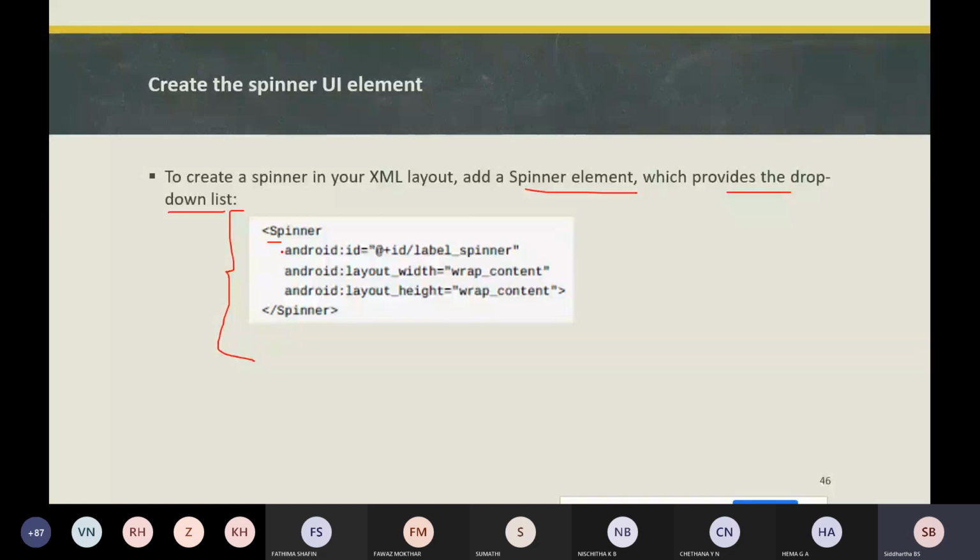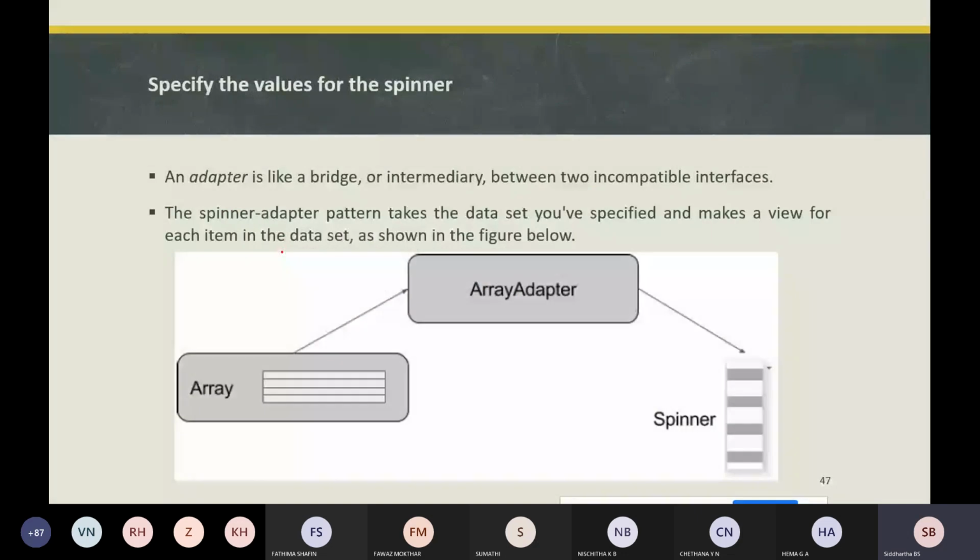So next is to create the spinner's adapter using a spinner adapter class. That is, specify the values for the spinner. If you create a spinner, what we need to do is specify the values for the spinner, so that it can show a drop down list.